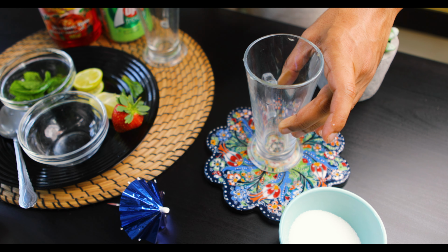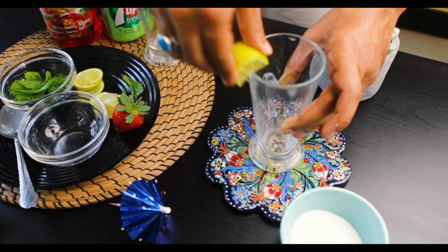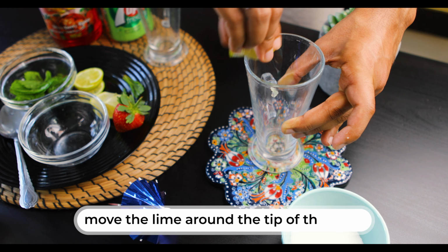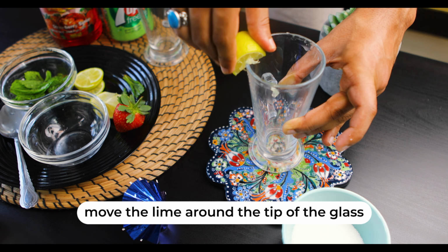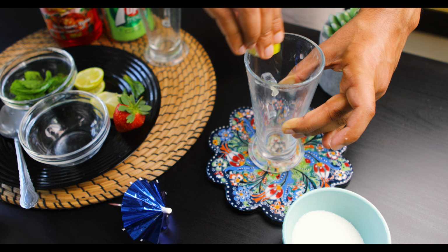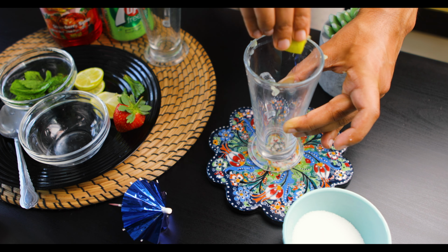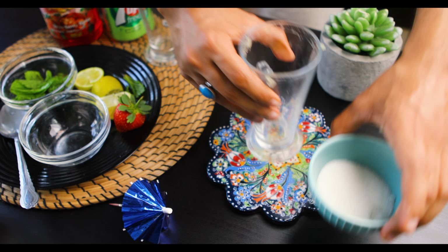Okay, so I have this glass here, and I have a small piece of lime. What I'm going to do is just at the tip of the glass, move this lime on top of it, and I'll show you why I'm doing this as well. So just make sure that it's got the lime. Okay, that's that. Now I'm going to get a bowl of sugar,